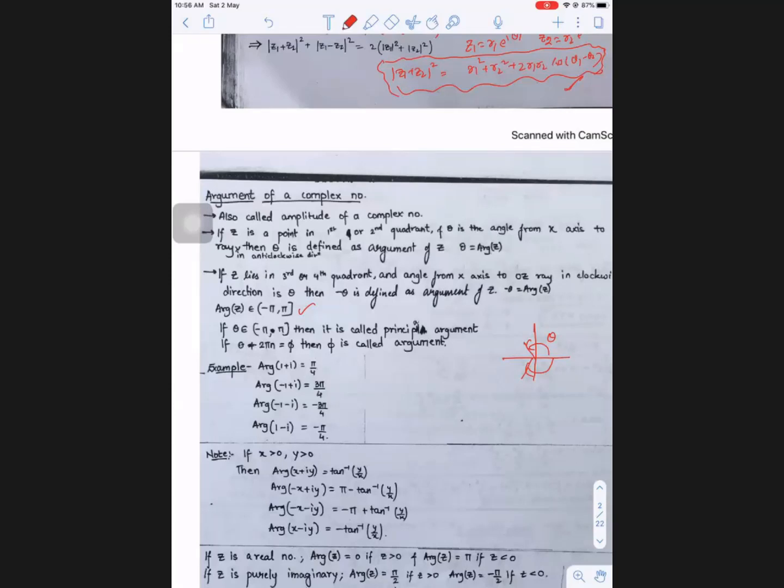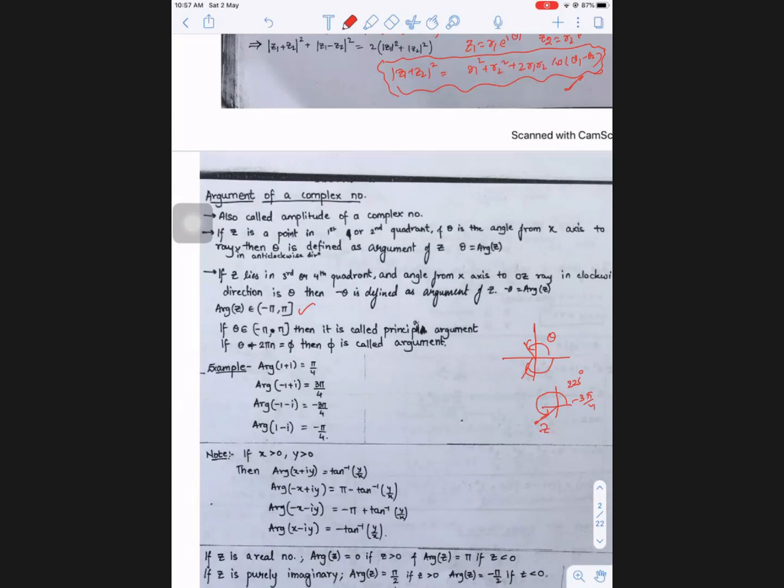Argument you can take anything, theta plus 2n pi also. When you are solving problems, if they are asking for the principal value, in that case only this minus pi to pi is important. Otherwise, for example, if you take theta as 225 degrees, no problem; minus 135 also no problem. Both give the same answer. If they use the word amplitude or principal argument, then we have to write the exact answer between minus 180 to 180, and minus 180 is not included because only one of them we have to add. So open minus pi, closed pi.